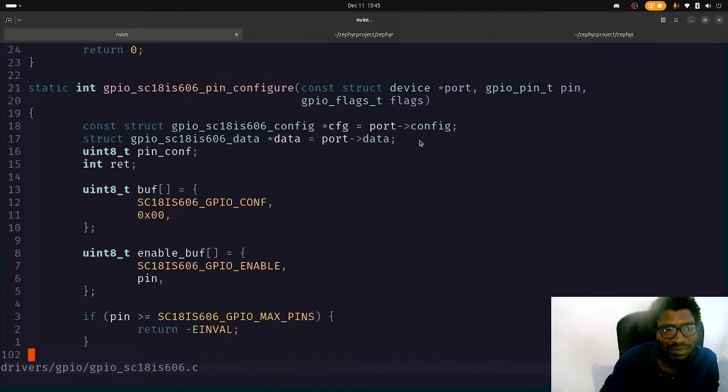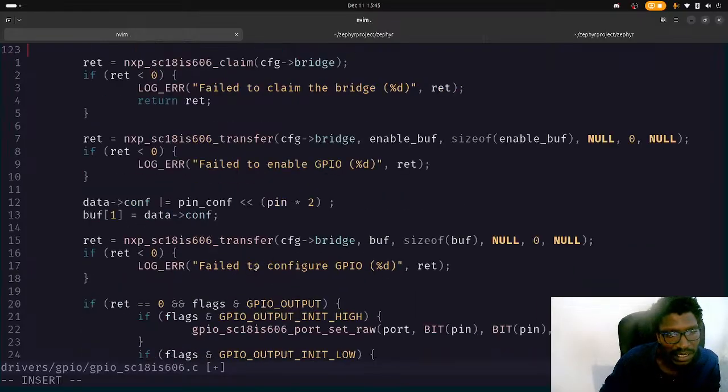Enable buff should be just do this 0 cross 0 0, and then let's come here and modify the enable buff before we send it. So this one does pin, we take the pin times 2 and then we